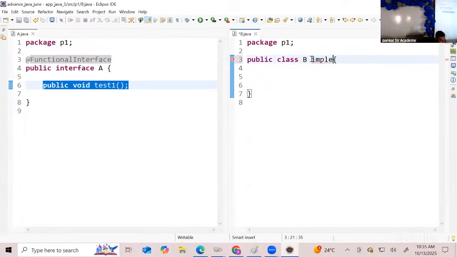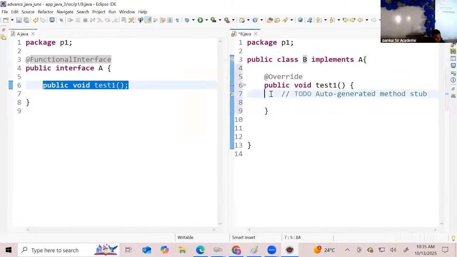Okay, you will write here implements A. What is the second step you will take? Press Ctrl 1 and add unimplemented method. Next,